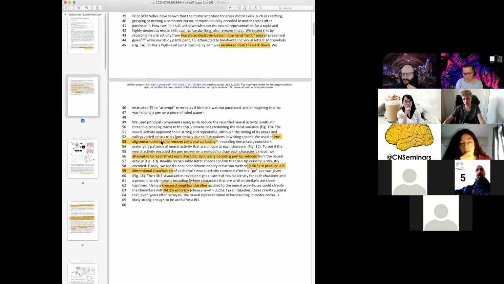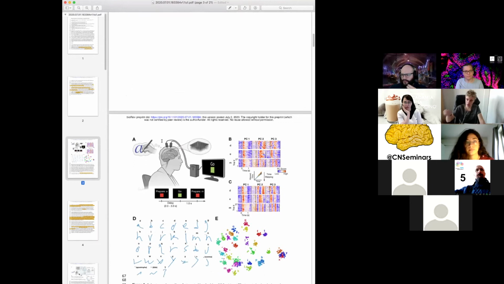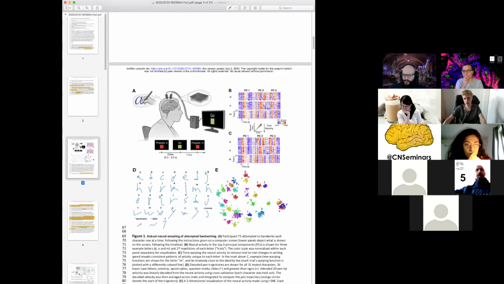They use a time alignment technique because since it's handwritten characters, even in the head, the writing speed is not constant. So this is a kind of a problem. For their computer to exactly know what the participant is doing, it has to be normally in a single time frame. So they use this kind of technique to align all the trials together, using also the PCA to clean the PCA dimensions, and then they